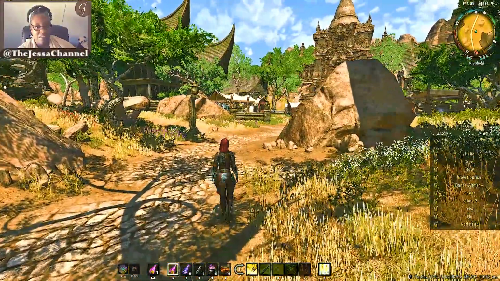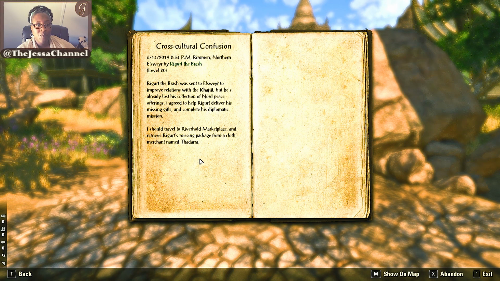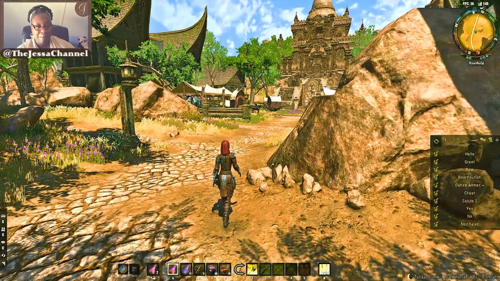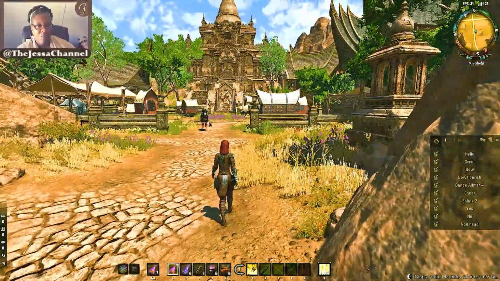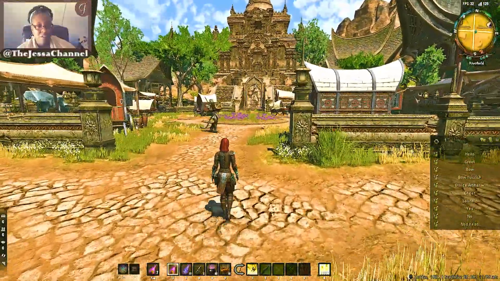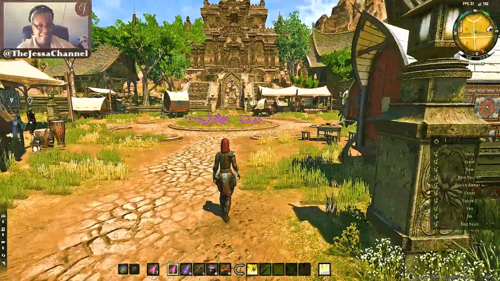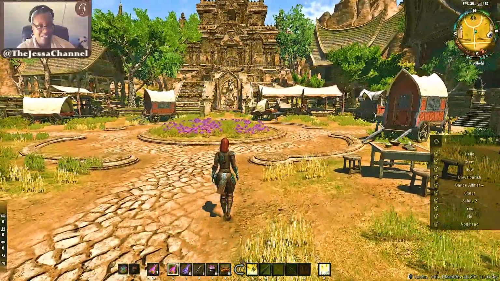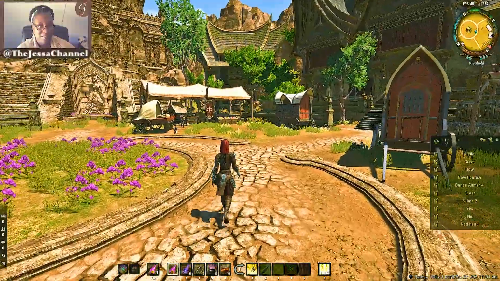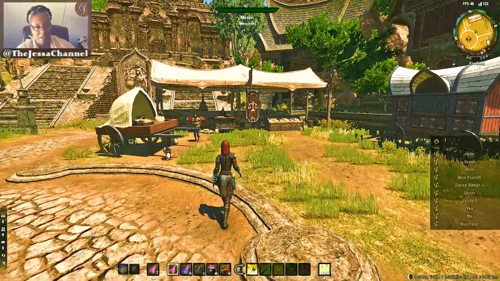All right. Now let me recall what I need to be doing. We're going to travel to the Riverhold Marketplace and retrieve Rigert's missing package from a cloth merchant named Thadara. Oh, the dragon's gone. I was wondering how long it would take before they were able to dispose of it. I mean, oh, good day to you. Hi. Such a strong Khajiit he is. And so big. Let's see, maybe she's over here. Now, of course, I can see perfectly well that she's over there on our map, but Mersie doesn't know that, so we're gonna...